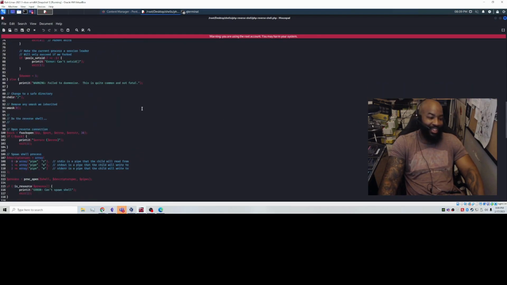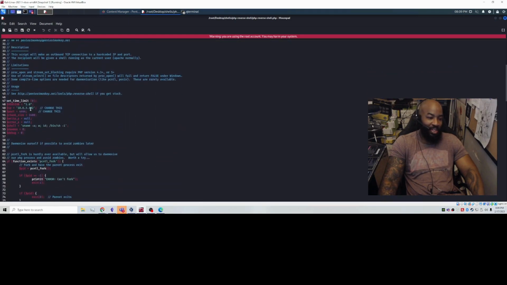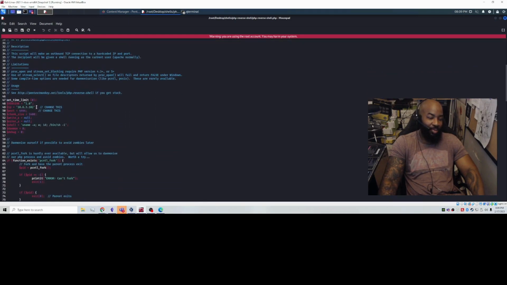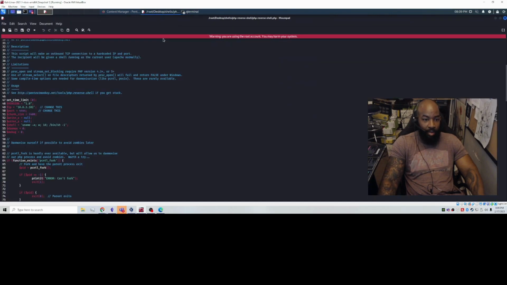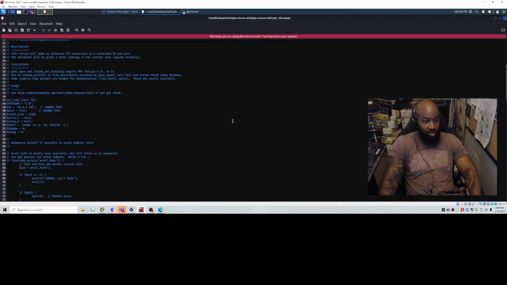We will see. But reverse shell. This is a pre-created reverse shell. All you have to do here is plug in your IP, plug in the port you want to connect to, right? And this is my IP for TryHackMe, and this is the port we're going to use. And I'm going to copy that. Let me bring it back up. Copy all this, Control A, Control C,